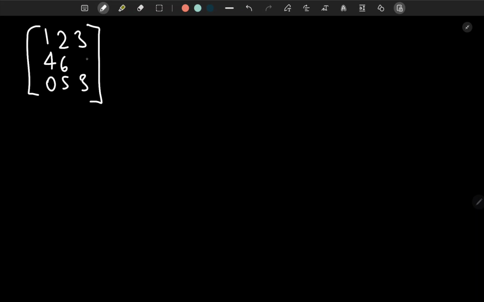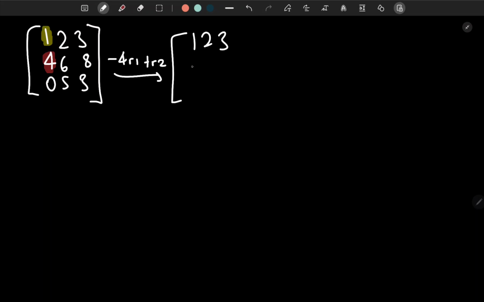And we want to convert this into REF. So first of all, we look for the first pivot in our first row, which is going to be 1. And now we look for numbers below it. We need to eliminate any non-zero elements, and we notice that we have a 4 here. So what we can do to get rid of this 4 is perform a row operation of -4 R1 plus R2, which is going to give us the first row stays the same, 1, 2, 3, and